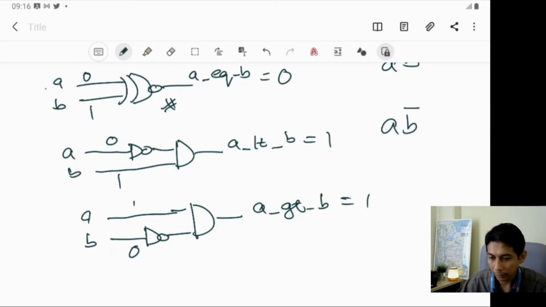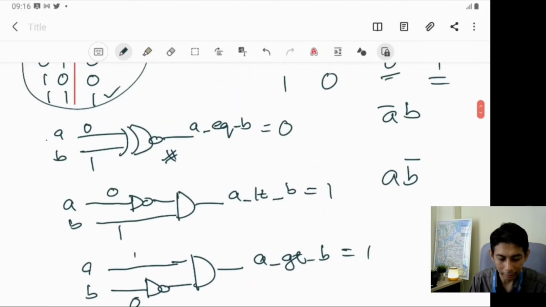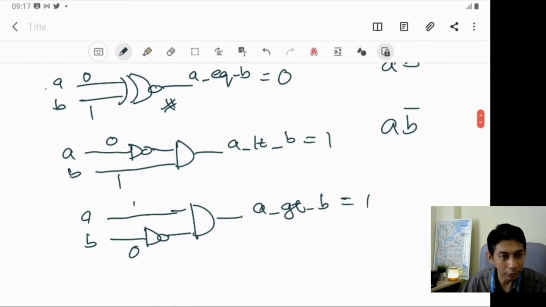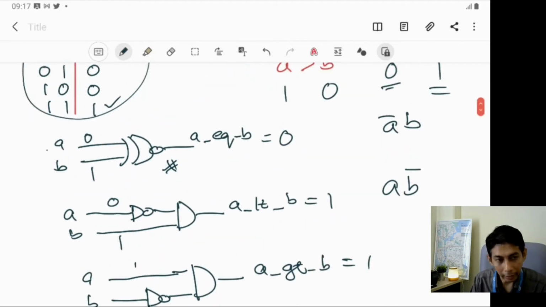So if you understand, we go to the next one, where we want to design a bigger circuit using a small circuit. For example, this one is for 1 bit, right? If A and B are 1 bit, then we can use this one to compare the numbers. But what if A is 2 bit, B is 2 bit, or more than that? We can design that also, by using this idea or by using the hierarchical design methodology.